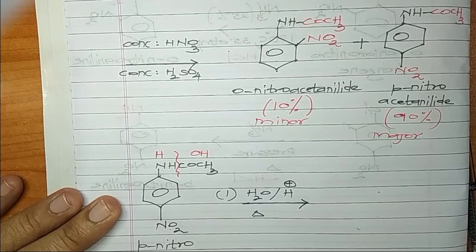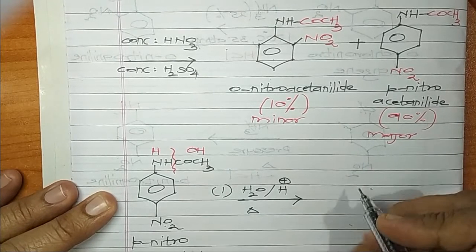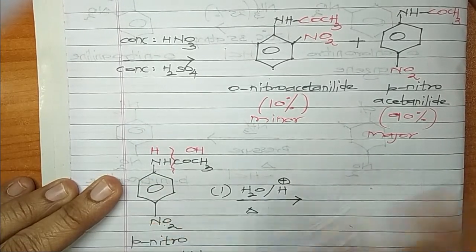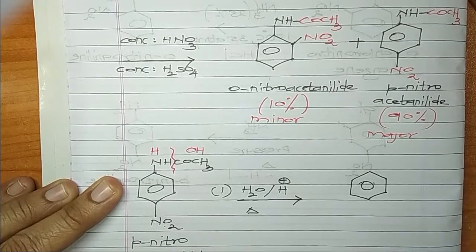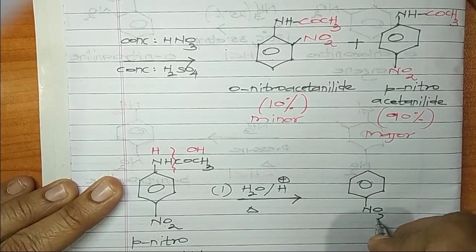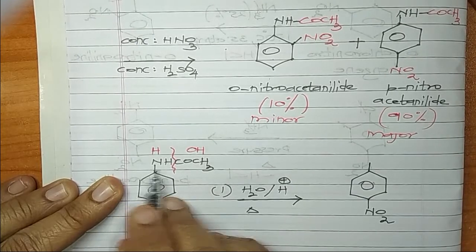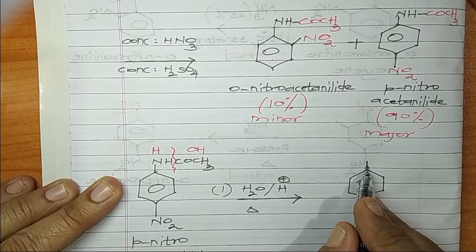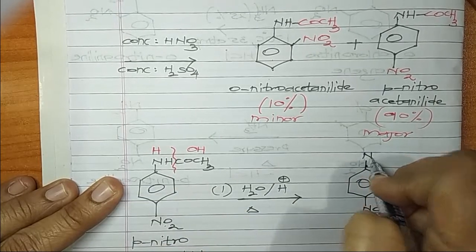Now the main thing is you should know how to write down the product. It's very simple. See, this ring and this nitro group as it is. There is a bond here. Can you see this bond? The same bond I have put here. What is there above this bond? Nitrogen. So I put nitrogen.